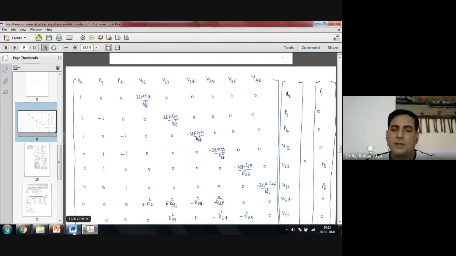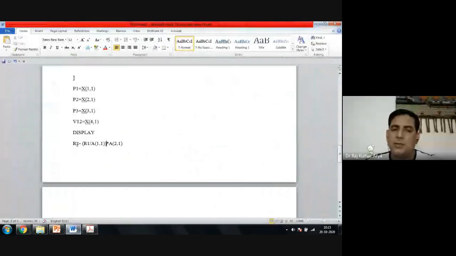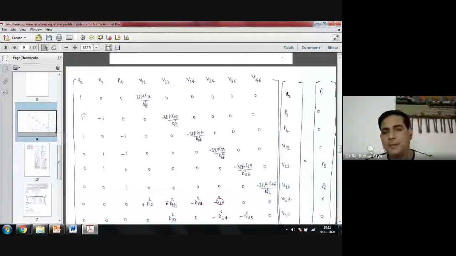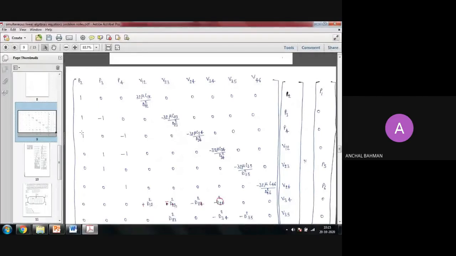The same thing I wrote here: row 1 I divided by A11, the first element, so that I get the first element as 1. Now I am multiplying by A21, which makes this term equal to 0. Is this fine?